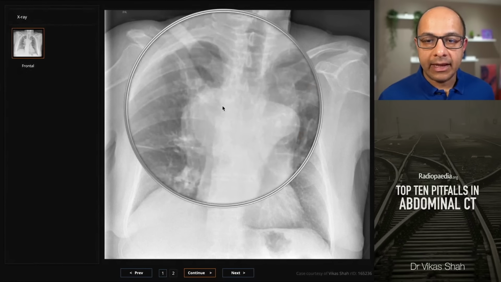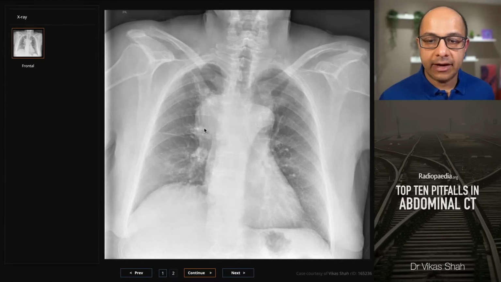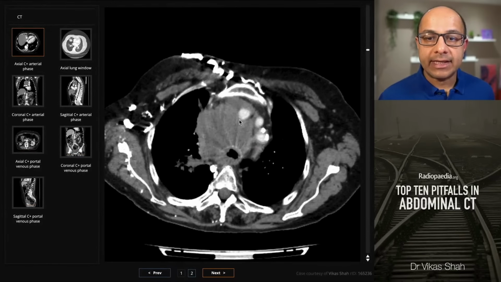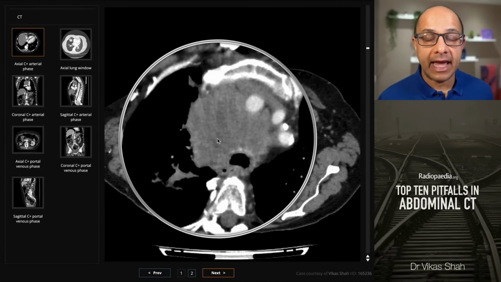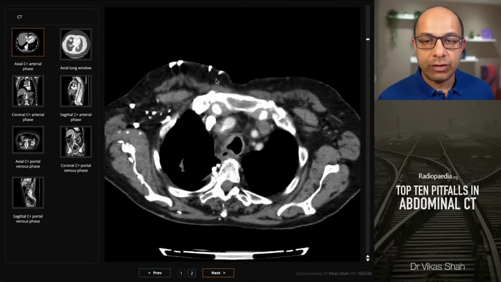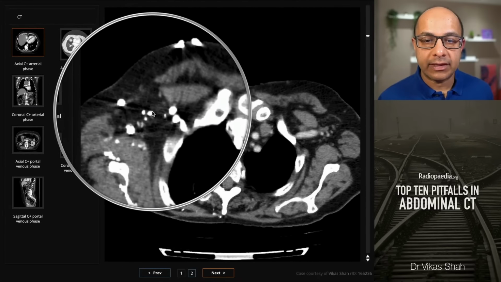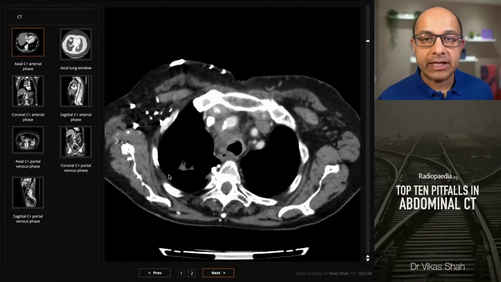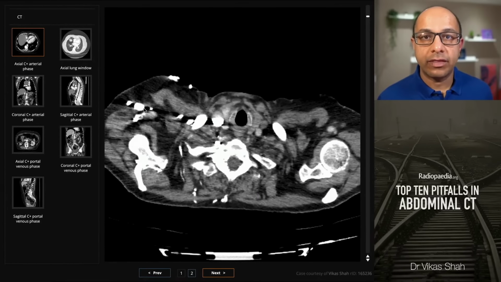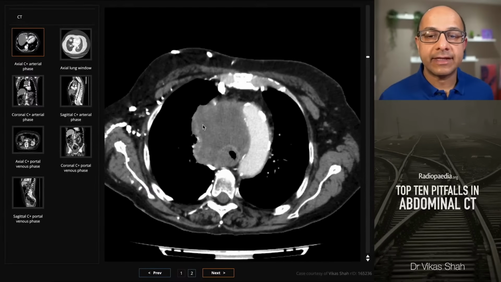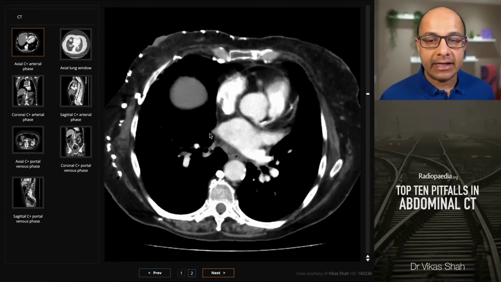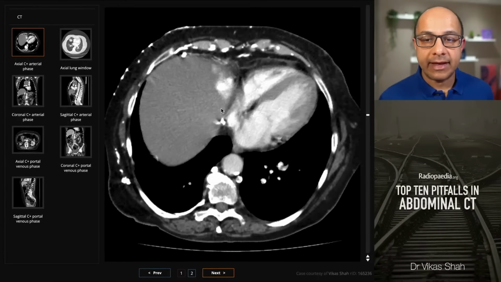This is someone who's got a mass within the chest on the right side, and then on their CT we see that there is a malignant looking mass invading the right side of the mediastinum, completely effacing the superior vena cava. And as a result there are numerous collateral venous channels within the chest wall, anteriorly and posteriorly. And in fact, one important thing to note is the contrast has been administered via the right arm. So the SVC is completely effaced,